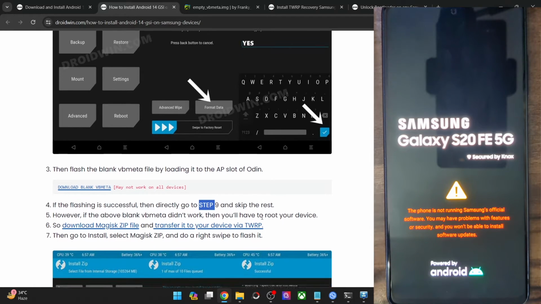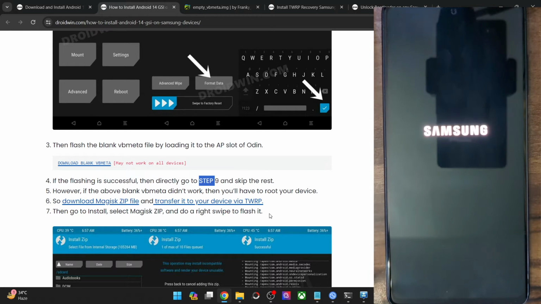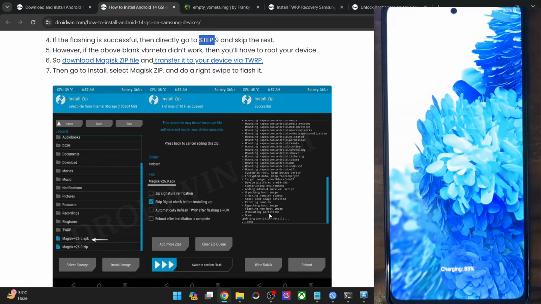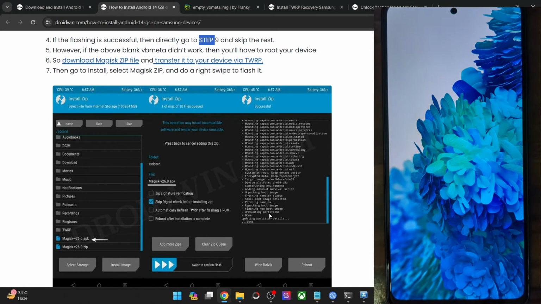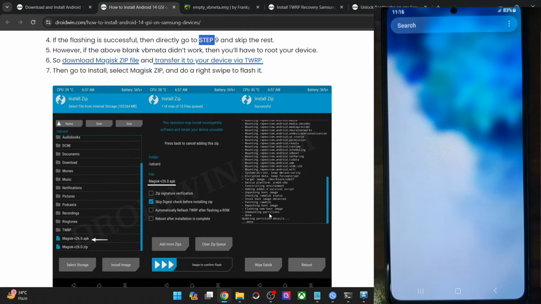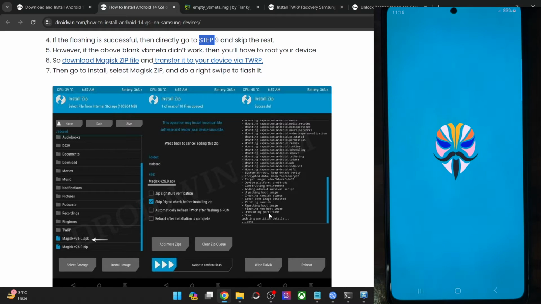And we might have to carry out one more additional step that involves direct installing the Magisk file from the Magisk app itself. And after that, we would have obtained root successfully. Do keep in mind that apart from that, you may also obtain root by extracting the AP file from the stock firmware. You may download the stock firmware via the Freesia or SamFW website and extract the AP file from there, then patch it via Magisk and flash it via Odin along with the rest of the firmware file. But that will require quite a lot of effort and is time consuming as well, whereas this method is somewhat shorter.